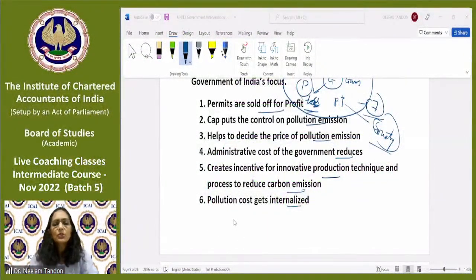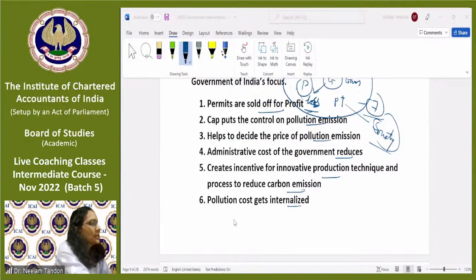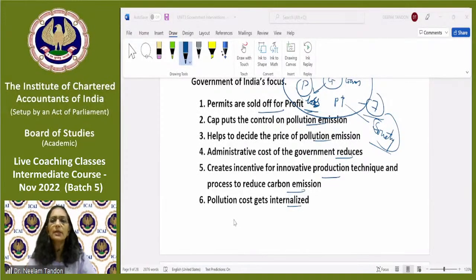Okay. So what we have shared, I believe there was one query related to this question regarding point number 6. So I'm sharing point number 6 again. Pollution cost internalization basically means what? Internalization basically means that we